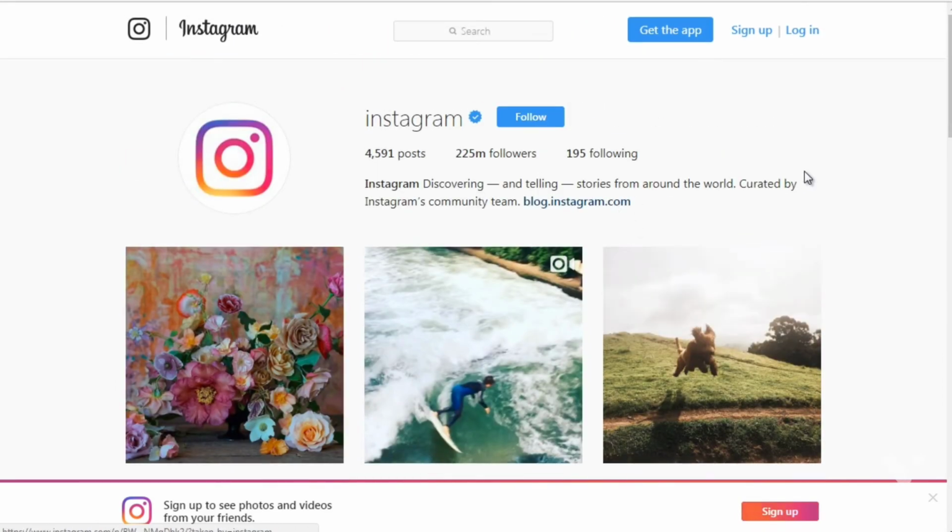Now you can see, like I said, with Instagram, their profile, that they're directing you to their blog. They're still trying to gain your trust, right? So they've not directed you to a certain product, but of course that's Instagram. They could direct you to Instagram.com, but for whatever reason, they chose to direct you to a blog.